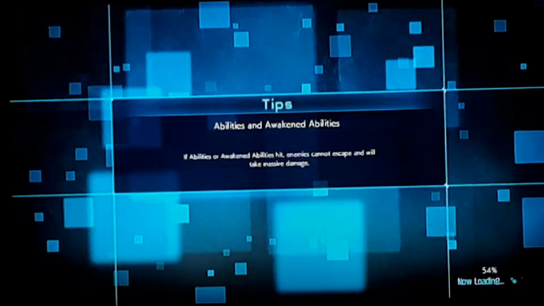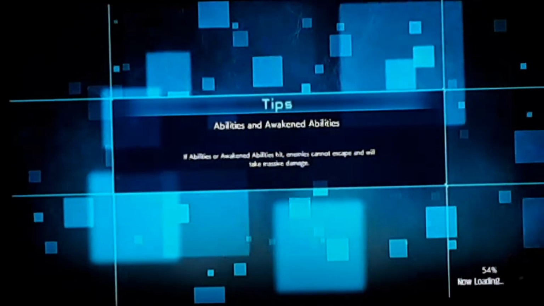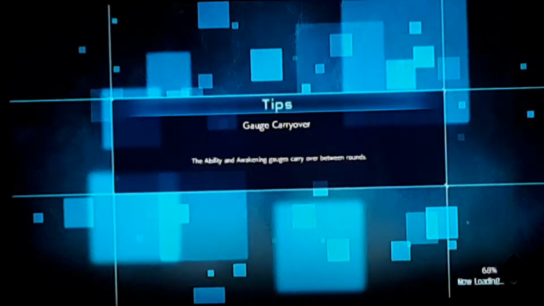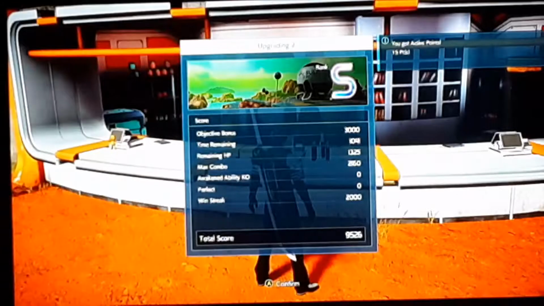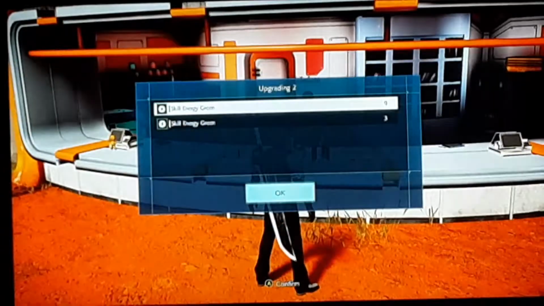I did kind of realize the higher ranking you get, the more you get material-wise. So let's let this thing load up. I'm sorry, guys, that my camera is a really old... Well, see, I got an S rank here. It shows you if you got any perfect matches, awaken ability KOs, which I should probably do more of those awakening ability things, but I don't. But if you want to learn all that stuff, like I said, go to...